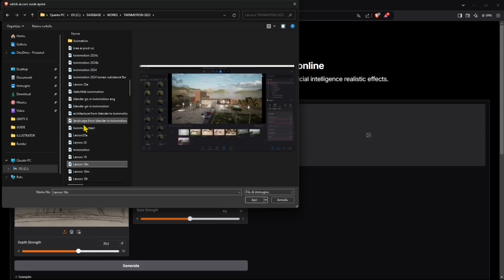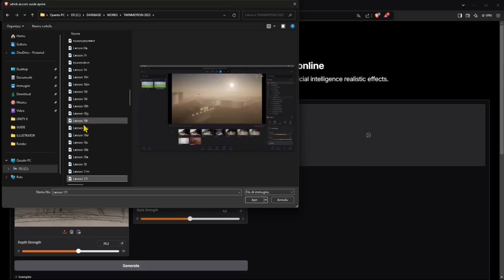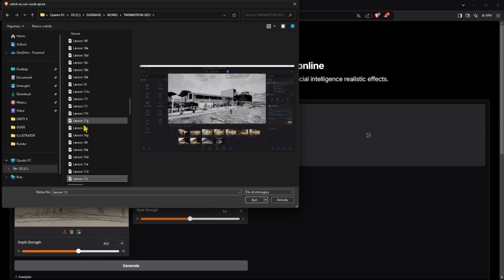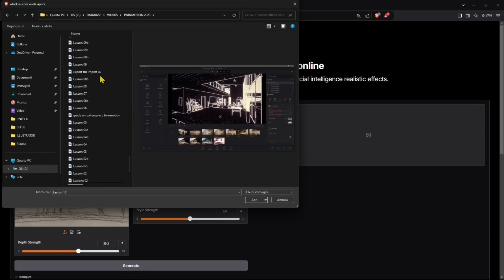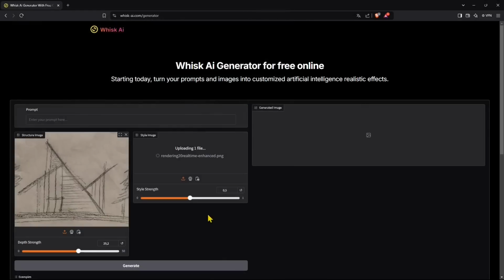Now, these are the snapshots of the lessons of the course. And you see, you can create many different styles also in Twinmotion. You can have a drawing style, high-tech, blueprint style, etc. Now, I want something simple and without the interface of Twinmotion, just the render, just the image. So I'm going to upload this render, which I also adjusted a little bit